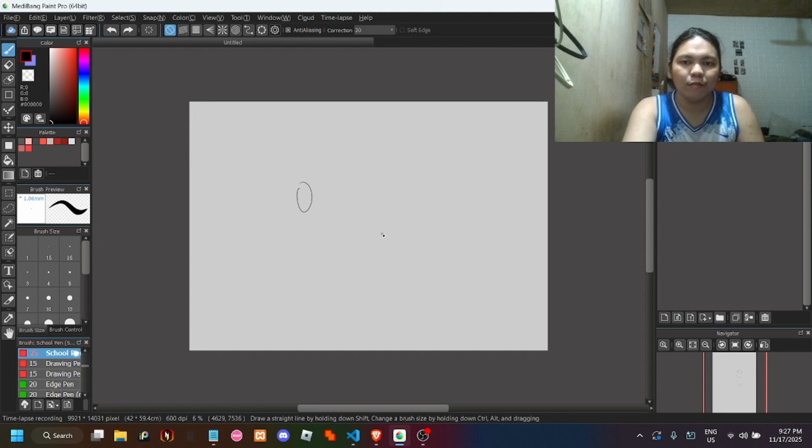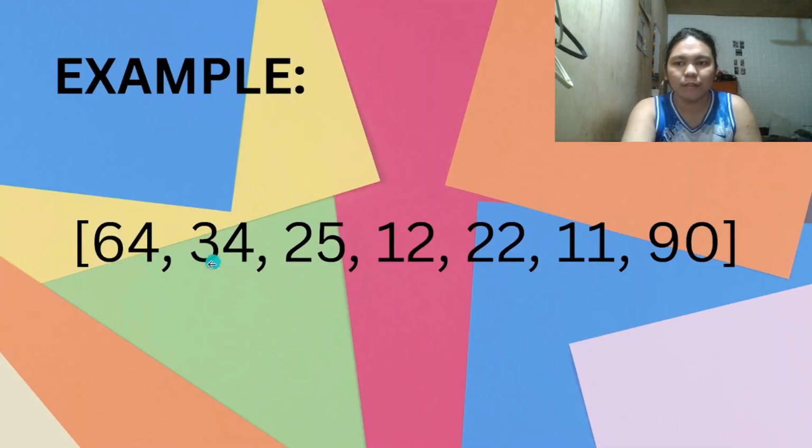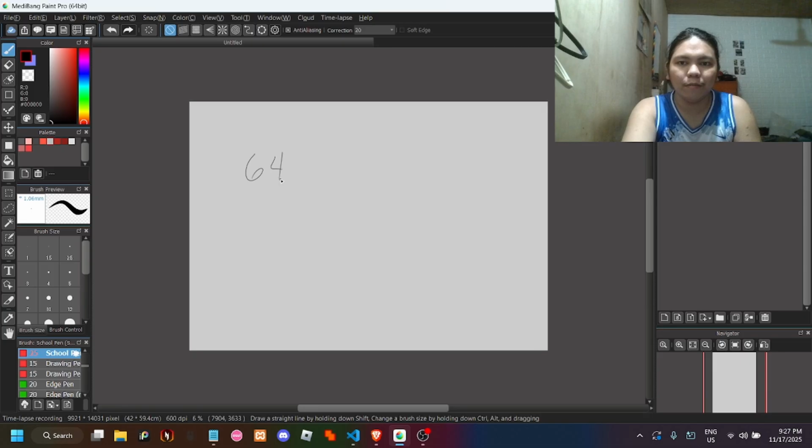Okay, so first let's get our example: 64, 34, 25, 12, 22, 11, and 90. What bubble sort would do is take the 64 and look at 34. It's a lower number, so it swaps: 34, 64.